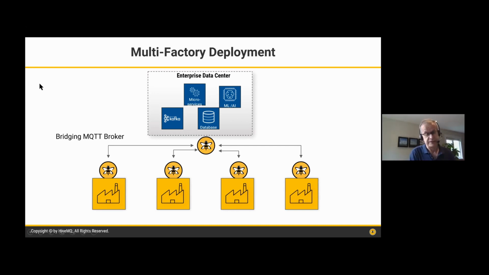In some more complicated deployments, we'll see that even within a large factory, they'll put a broker at each line too. That is potential too. So you can get really sophisticated in the deployment of these types of unified namespaces. I think one of the key things is the flexibility that this type of architecture provides: you can start with one factory and then grow into multiple other factories, but also connect into a data center. So next slide, please, John.